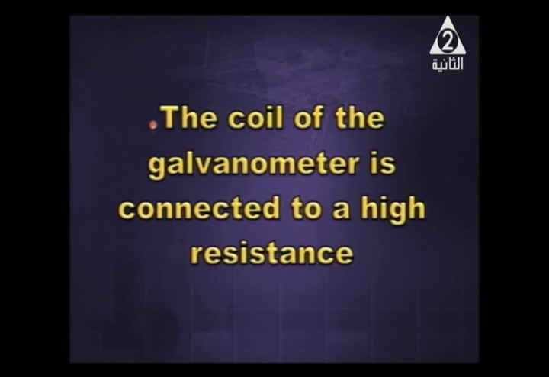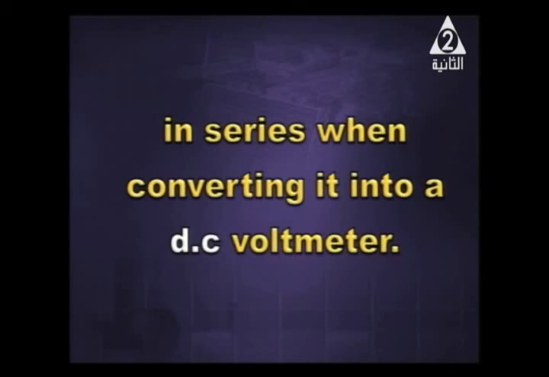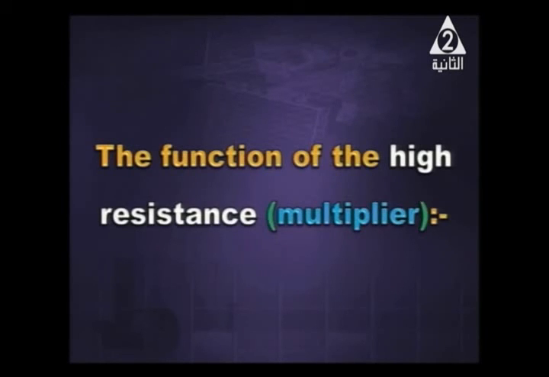Another give reason: the coil of the galvanometer is connected in series to a high resistance. This happens when we convert it into a DC voltmeter. Why is it connected to a high resistance in series? We call this resistance the multiplier. The function of the multiplier,